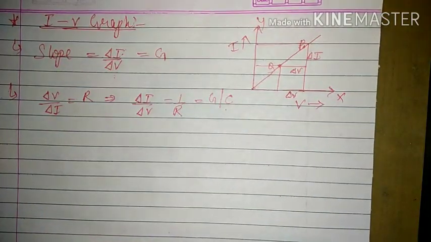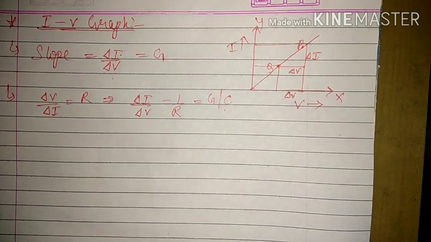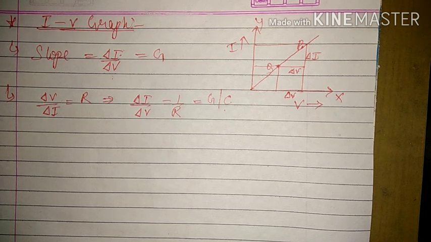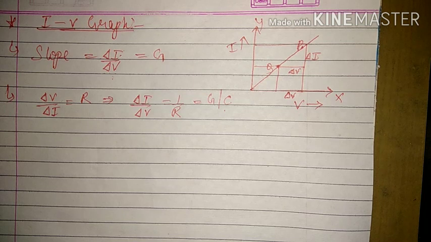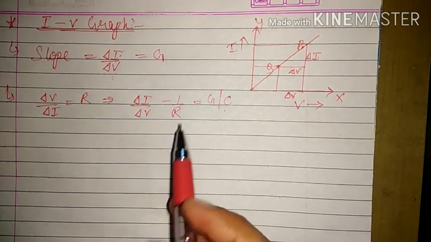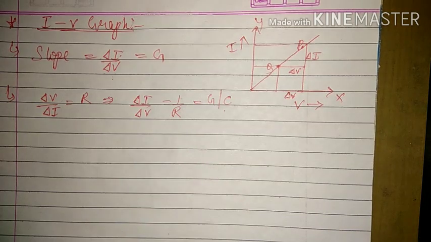So during exams we have to see the question carefully, whether sometimes the graph will be given and the determined quantity will be asked. In that condition you have to see carefully whether the graph is representing del V upon del I or del I upon del V. If it is representing del V upon del I, then it will be equal to resistance. It will give the resistance of the wire or conductor. Whereas if it is del I upon del V, then it will give the value of conductance, which will be the reciprocal of resistance. Rest of the things we will see in the next class.